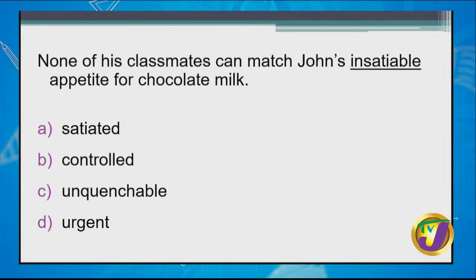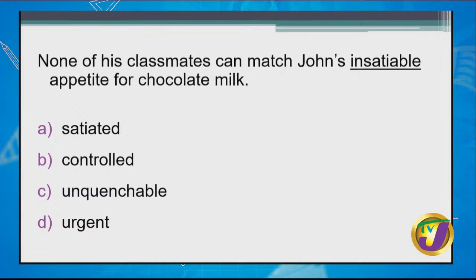Our word is insatiable. What meaning can you get out of the sentence? Even if you've never heard that word before, what do you think insatiable means? It says none of his classmates can match his insatiable appetite. So something about insatiable means something that what? You can't what? Or you can what? So our options, satiated,